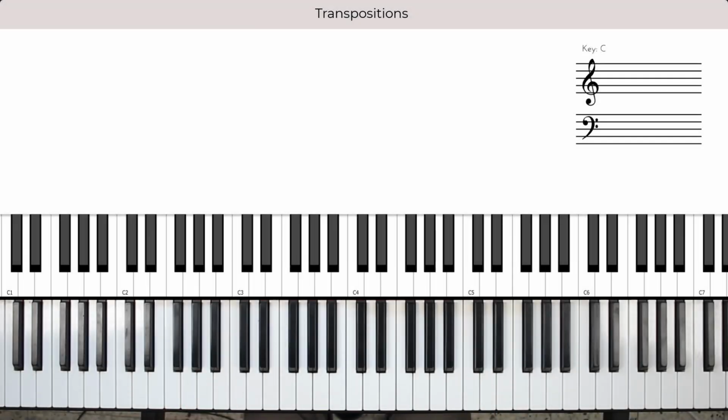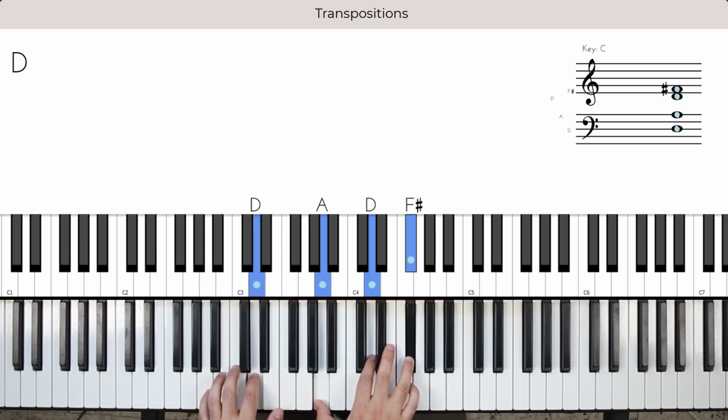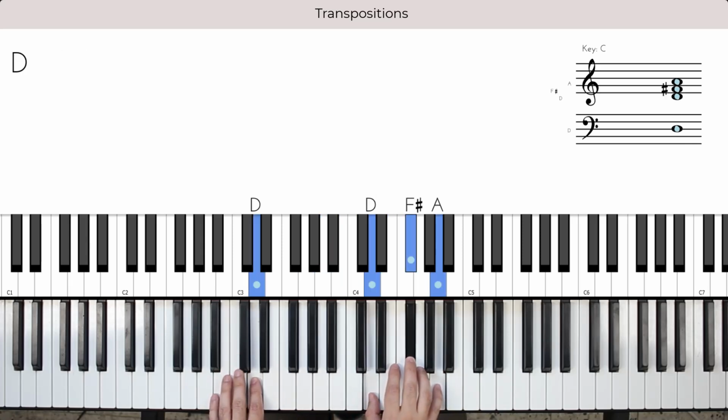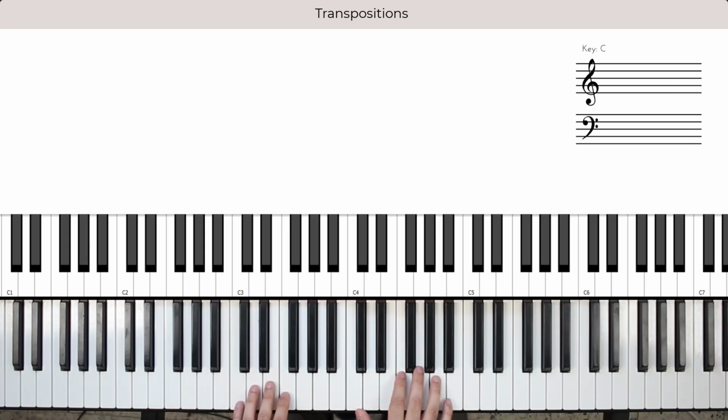The seventh and last skill should almost be trivial if you've gone through all of the other skills and mastered them. And this skill is transposing. This means that you need to be able to take any chord progression and move it any number of semitones on the keyboard. Let's say I have a progression going from a D major to a G major to an A major to a D major. Well, if I tell you now play it 3 semitones up starting from F major,